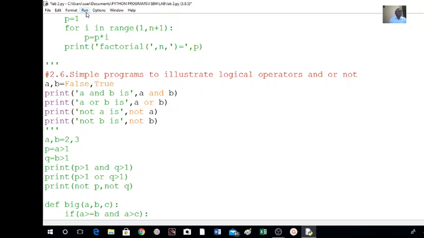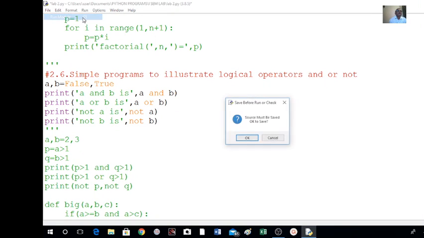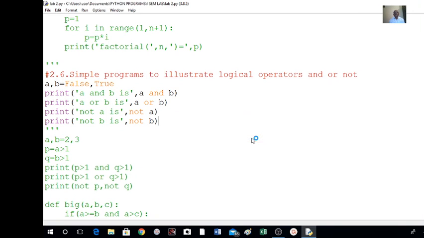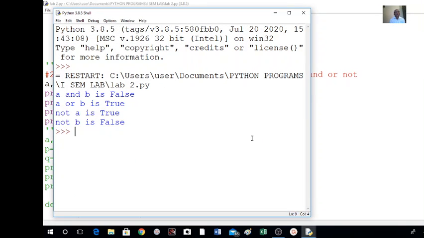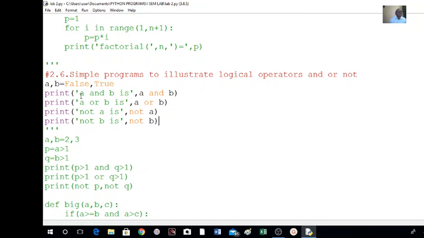Execute this program. Executing. A and B is false, A or B is true, not A is true because I have taken A false, not B is false, right? And if you take both false here, this is false and this is also false.